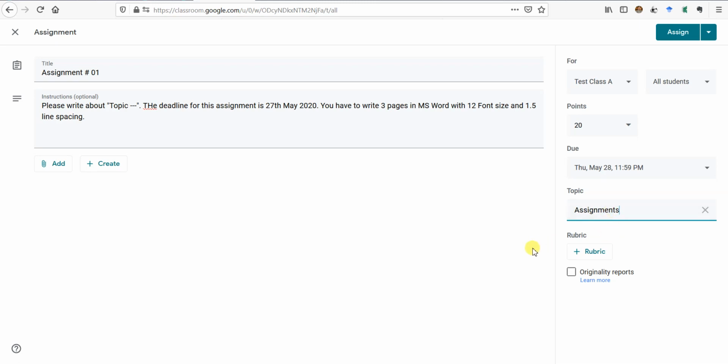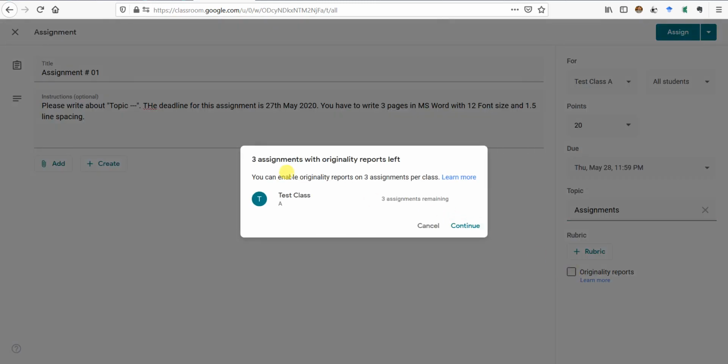And one more important thing I tell you about is that you can also get the originality reports. If you are really strict that students do not copy paste material and just write their own, in that case we can give them a really understandable assignment that they have to study something and write down their own few pages, and we check the originality reports, like plagiarism. If that is in the assignment, we can click this originality reports, and then it will tell you that